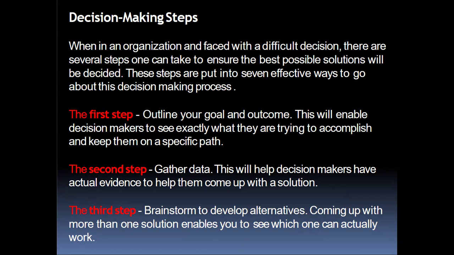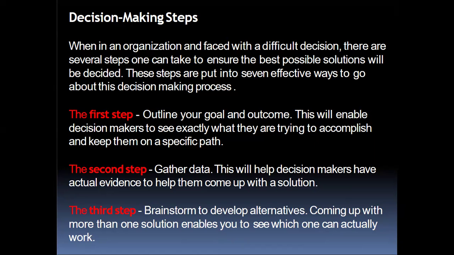So what are the various steps carried out in the decision making process and how can we convey it in a more effective way? The initial stage: try to outline your goal and the outcome of the problem or process which you are going to carry out. Even that can be your project, which you are supposed to do along with the team members. So outline the project goal as well as the outcome of the project. This will enable the decision maker to see exactly what they are trying to accomplish and keep them on a